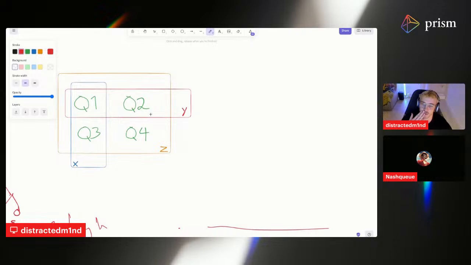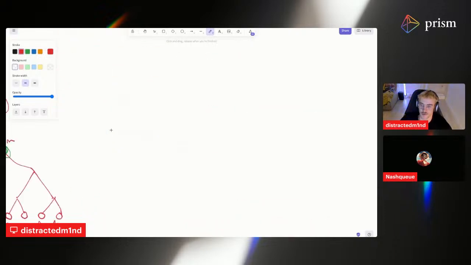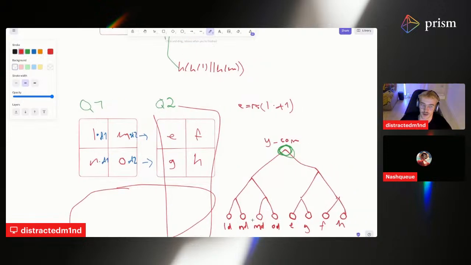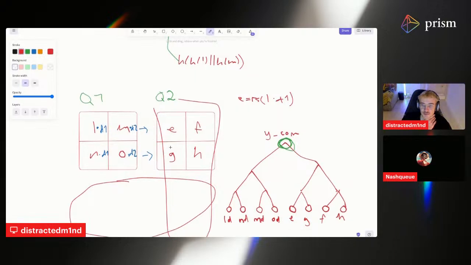Well, yeah. Q2 is multiplied by the diagonal matrix, and Q3 is not. Yeah, but Q1 in Y is multiplied by the diagonal matrix. Really? Look back at the tree that we drew. You see how on the left side we did the multiplication?